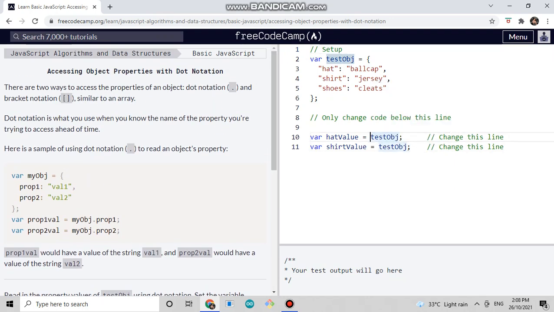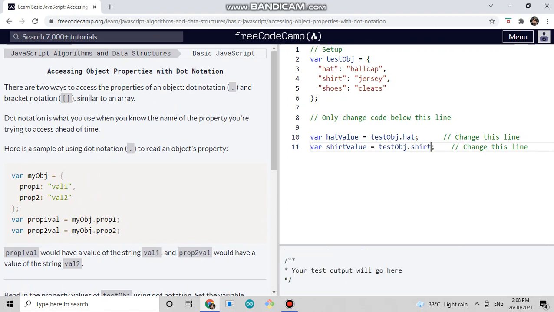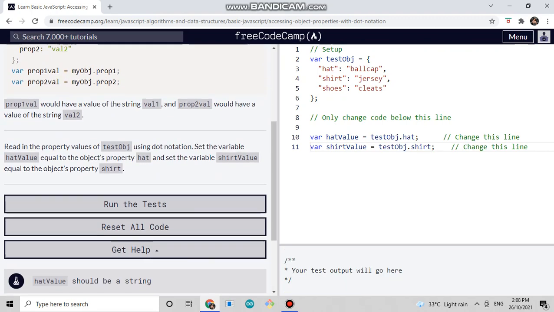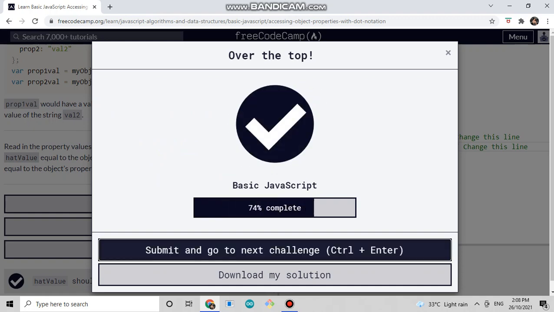So var hat value would be testObject.hat, and var shirt value should be testObject.shirt. Okay, next,